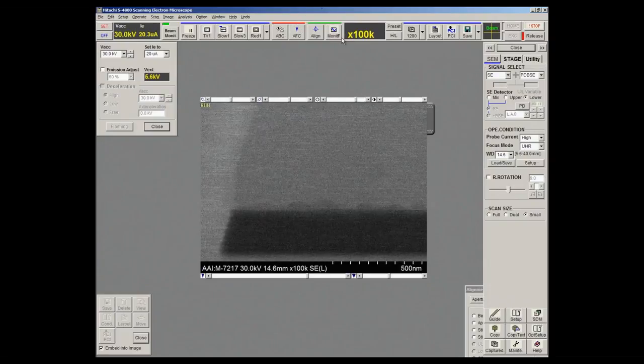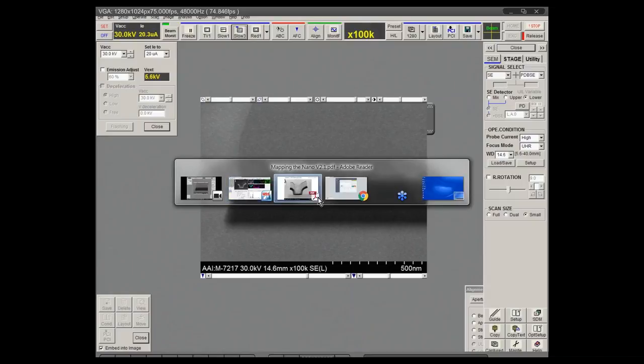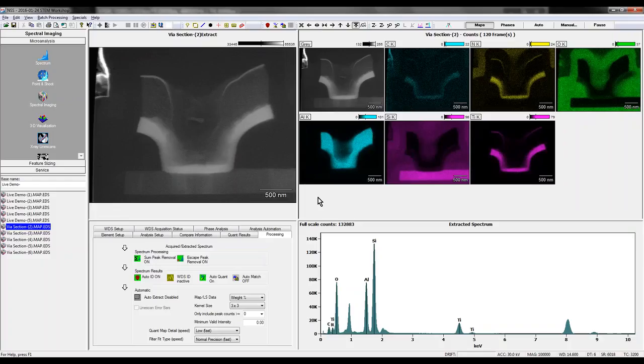So I'm going to go to 100,000x magnification and look at this linear structure here, which is analogous to the one we just looked at. So we should know what the major materials are that are present in this structure, but I want to get a better look at what that diffuse layer is right in between the aluminum and the titanium nitride. So now I'm going to switch back to the EDS software. And as before, I'm going to